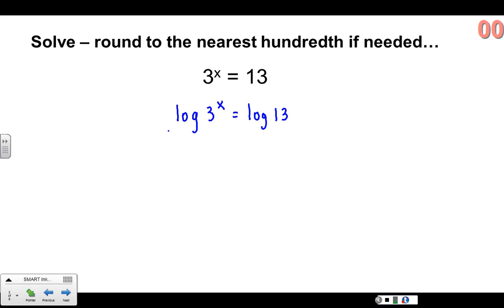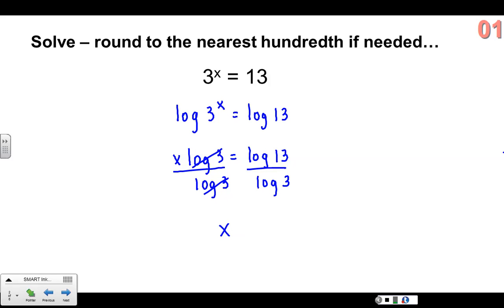Now, since this is log of 3 to the power x, we know one of our log laws says we can pull the x out front. So I'm going to do that. x times log of 3 equals log of 13. So to solve for x, all I need to do is divide out the log of 3. So x equals,